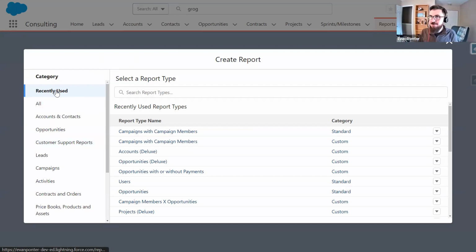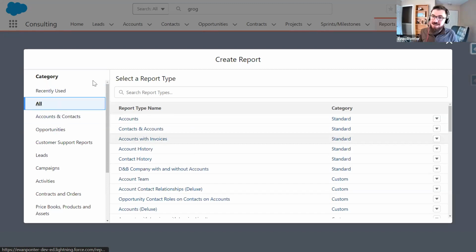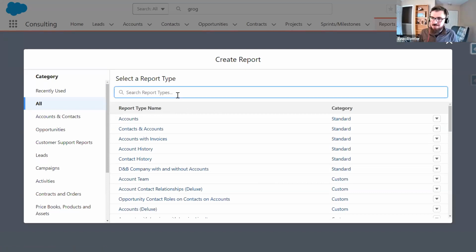It's kind of like when you load up a new tab and your default view is recently viewed records, but if you've never looked at a record in that object, then everything shows up blank and all your brand new users complain that they can't see anything in Salesforce. This is another place where that happens, so make sure you're clicking on the proper category. Probably want it to be all most of the time so that you can just go search for any report